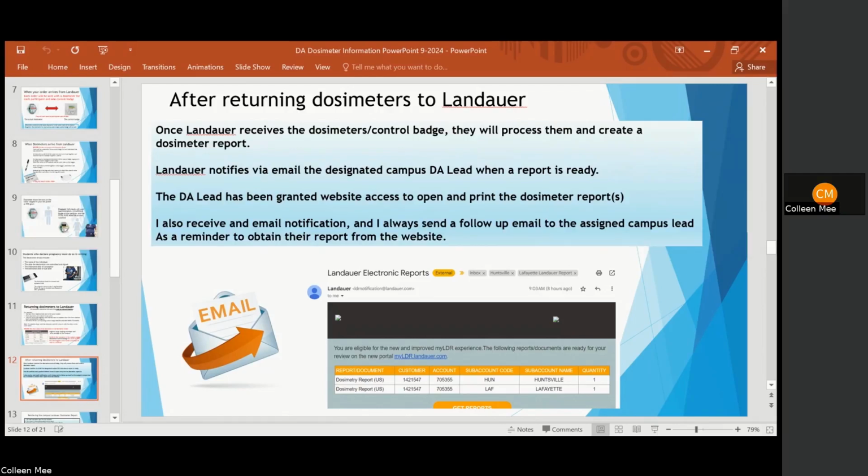I suggest that you keep your electronic copy in a folder, maybe on your Google Drive, so that you not only have your paper copy that you printed that's available to you and it's in the book and everybody can see it, but that you also keep the others in a file on your Google Drive. Do you have to? No, they'll always be on the website, but it's just kind of